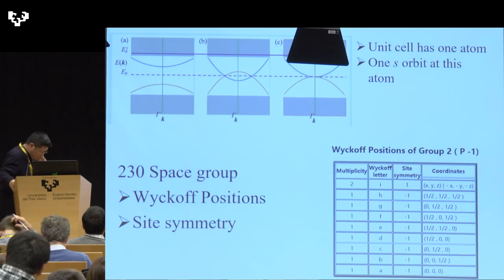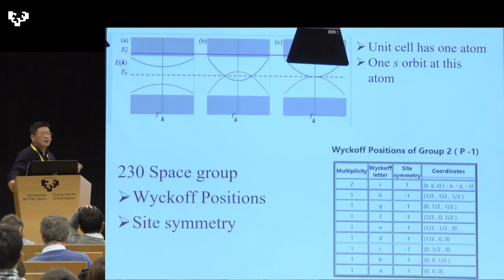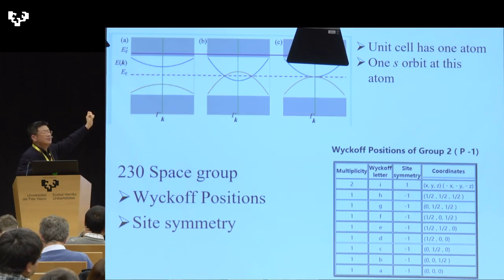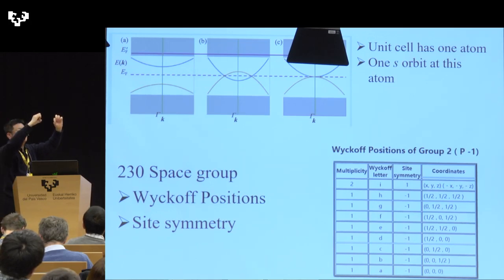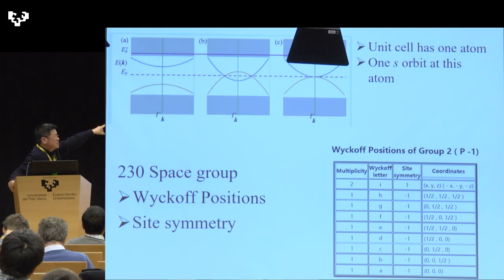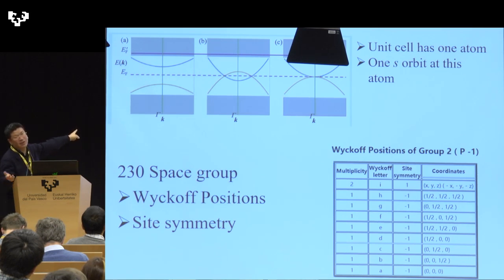And then another idea I want to tell you is the atomic limit. What is the atomic limit? If there is only one atom here, it's completely empty. It's only one. This is the atomic limit, right? And then if you put the atoms close together and form a solid, then maybe it's the atomic limit, maybe it's not. Let me assume you have a unit cell with only one atom per unit cell, and this one atom has only one s orbital, and then they can form 2 bands, right? They have 2 bands, spin up and down. So they have